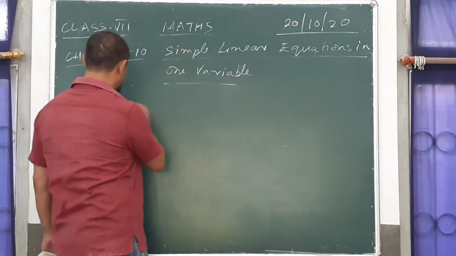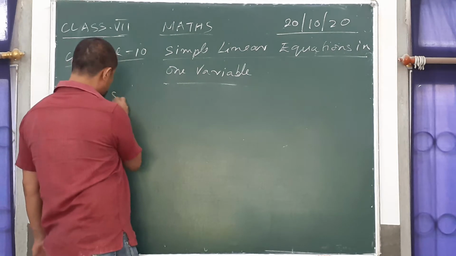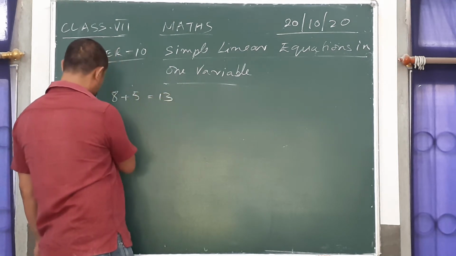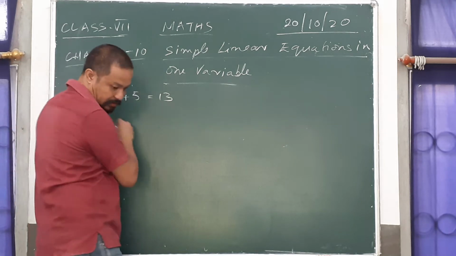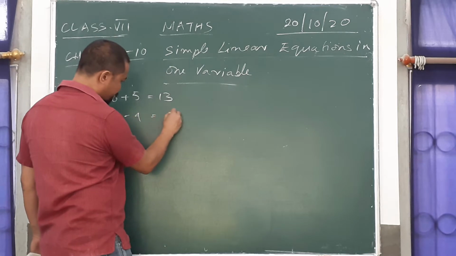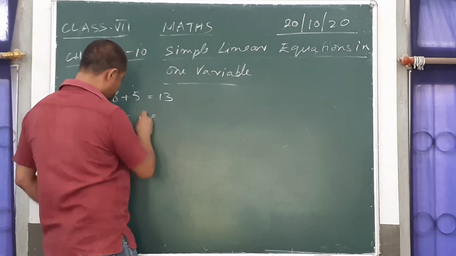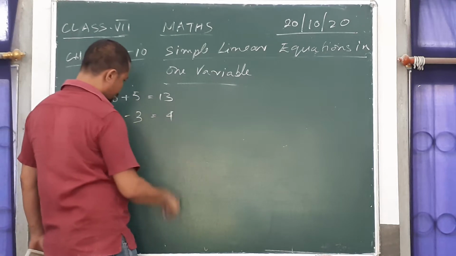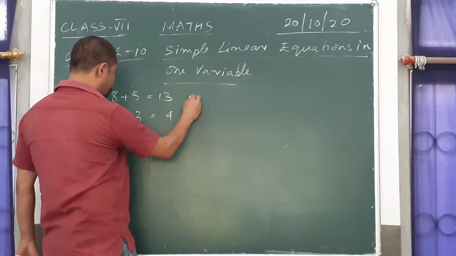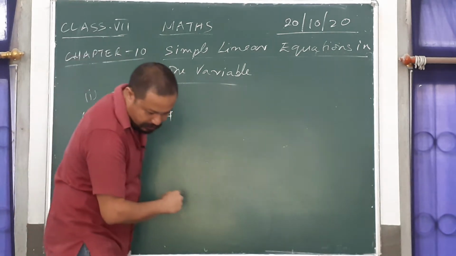So let me just write a few. We call them equations only. 8 plus 5 equals 13. Number 2, 7 minus 4 is equal to 3. 7 minus 3 is equal to 4. Okay. Then let's call it the third one. Third one I would like to write